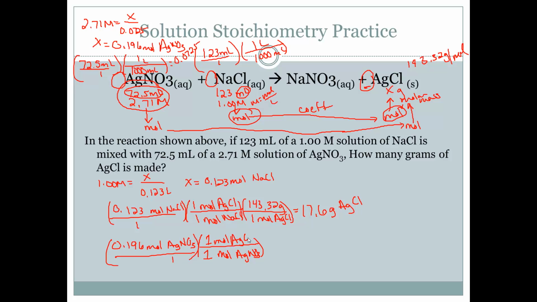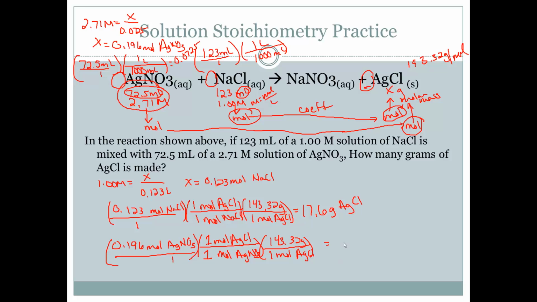And then for every 1 mole of AgCl, because now we need to get to grams, is 143.32 grams. So 0.196 times 1 divided by 1 times 143.32 comes out to be